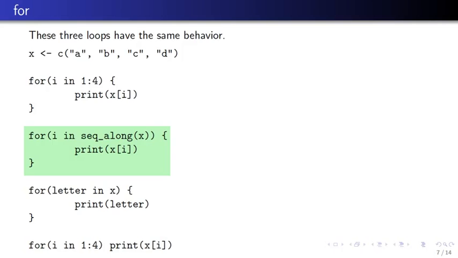So now my index variable i is going through this sequence. It's printing out the ith element of x, and exactly the same behavior occurs. I print out A, B, C, and D. The third example here